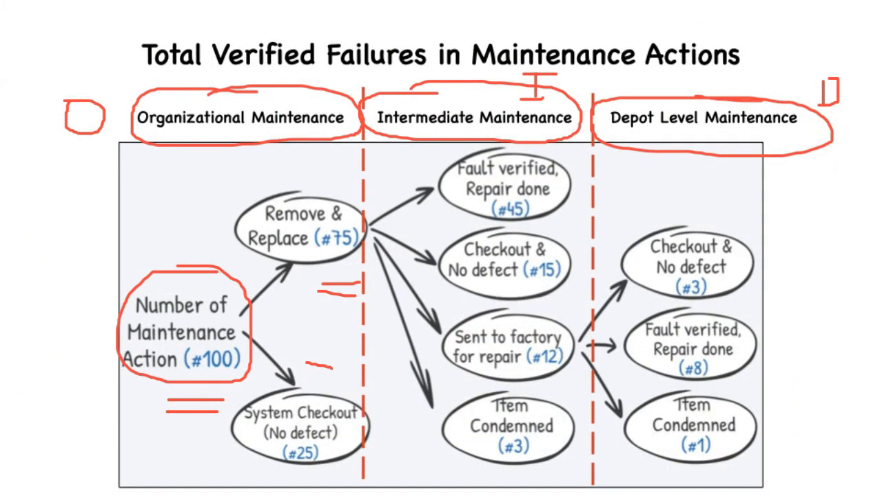At the intermediate level, my friends, for 45 of them the fault was verified and repair done. 15 of them again had a checkout and no defect found, and 12 of them were evaluated as beyond the maintenance capability of the organization, and sent to the higher level, the third level, depot level. And three of them,